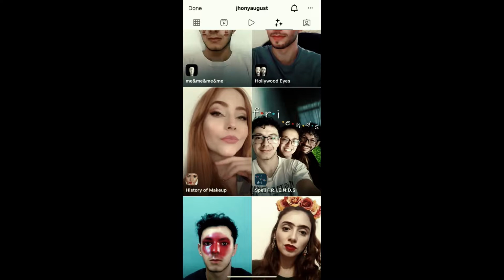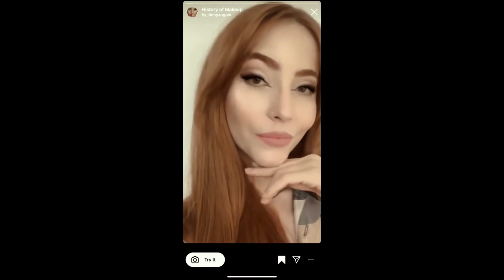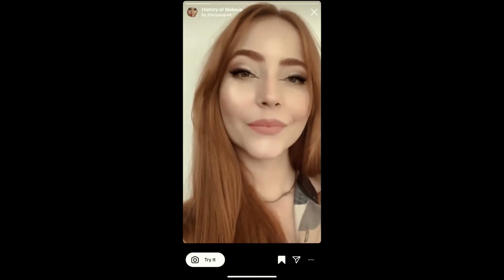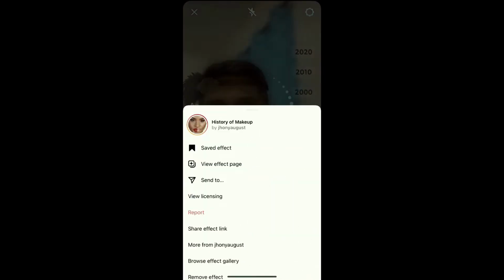Yeah, this is the filter, history of makeup. Tap on it and you will see this preview. From here you can save it to your Instagram camera tray and you can tap on try to try the filter. Okay, and suppose you are not getting the effect like this,